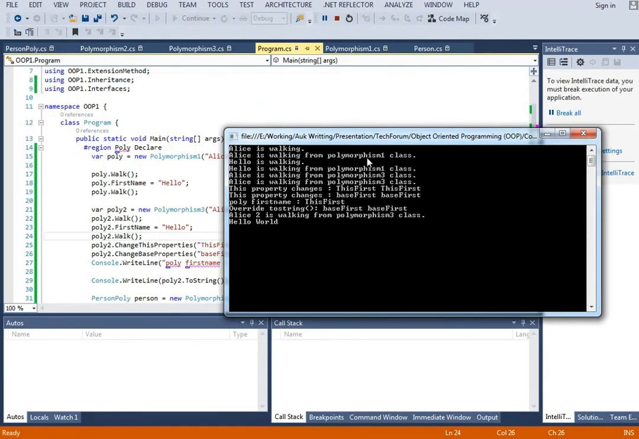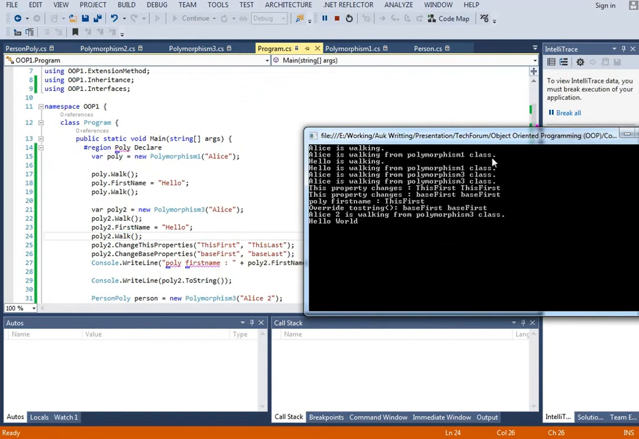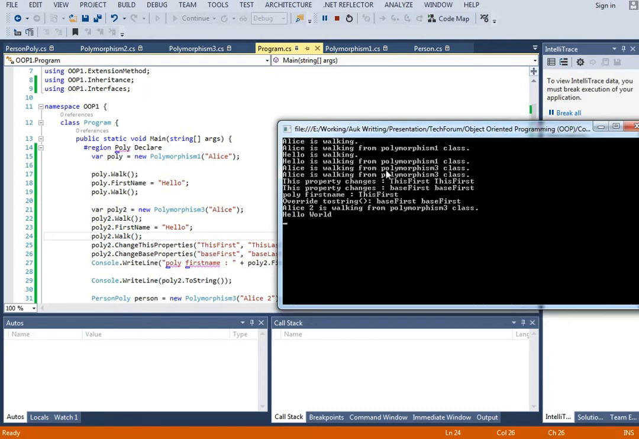See that Alice is walking from the polymorphism 1 class by this method, and we change the Alice name to hello, and then hello is walking from the polymorphism 1 class. Yeah, hello is walking from the polymorphism 1 class, so far that's correct. After that we are creating the polymorphism 3 class, where we are calling